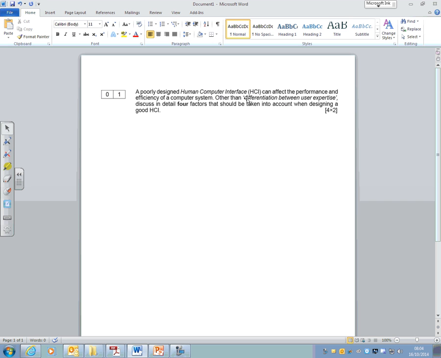The only factor we can't use is the one they've given us in the question, which is differentiation between user expertise, which then leaves us with layout appropriate to task, which is worth 1 mark. Use by disabled people, again worth 1 mark. Clear navigational structure, you've guessed it, worth 1 mark. And then consistency of signposting